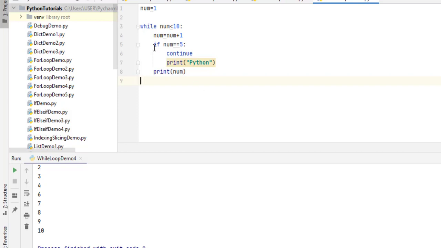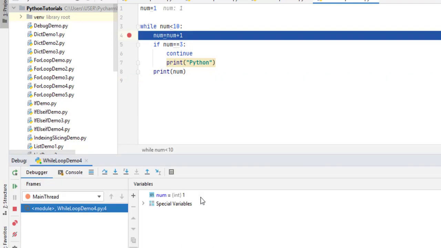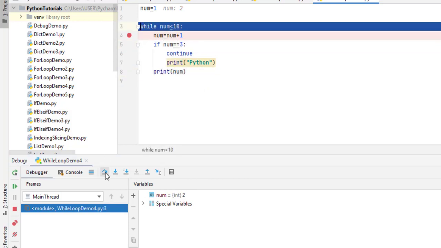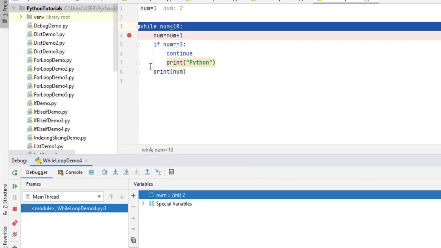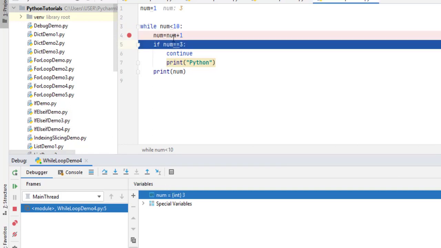In case you want to see, let me put this condition till 3 so that we can immediately see the output. I will add a breakpoint at line number 4, and this time I will debug. You can see right now the value is equal to 1. Now let's press F8, which is step over. Now we got the value 2. If 2 equal to 3, no, then it will print number. Now again it is evaluating the condition. Our num is equal to 2, 2 is less than 10, yes. Now 2 plus 1, 3. So you can see we got num as 3. If 3 equal to 3,